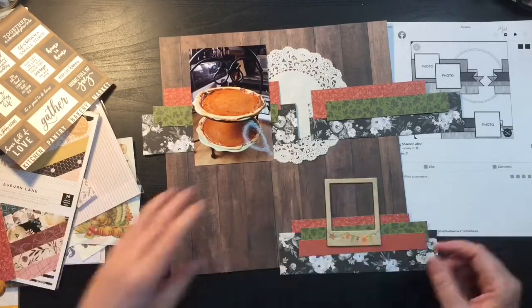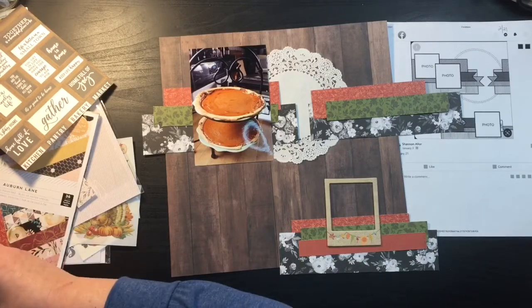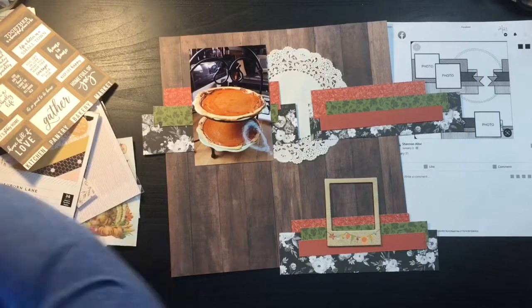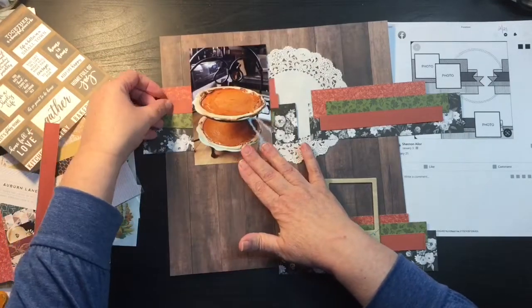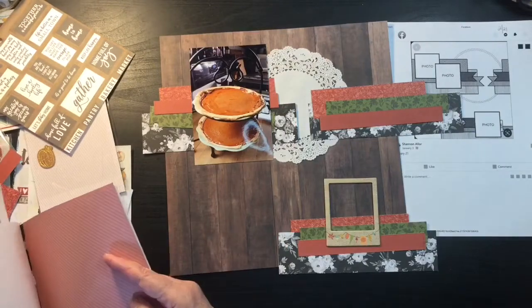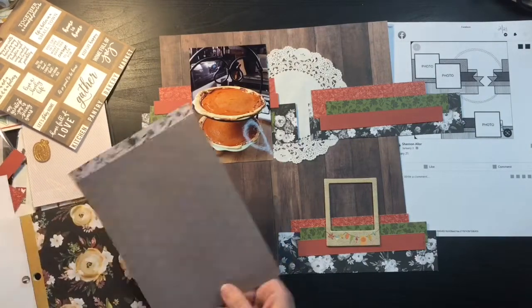And I found with this one, because again, I'm the type that doesn't like things shifting around, I actually started with the bottom cluster and then started building my layout, and it really worked well for being able to